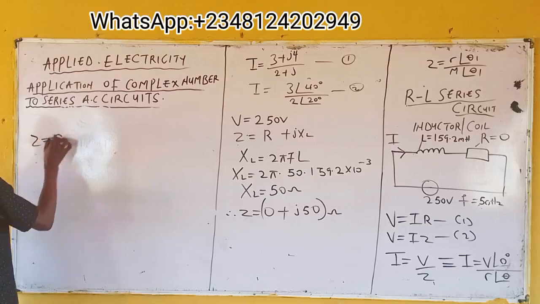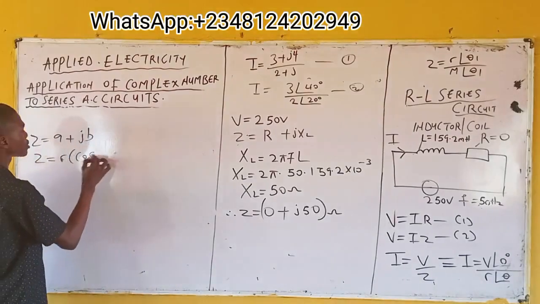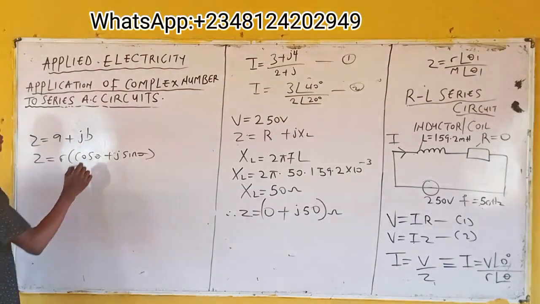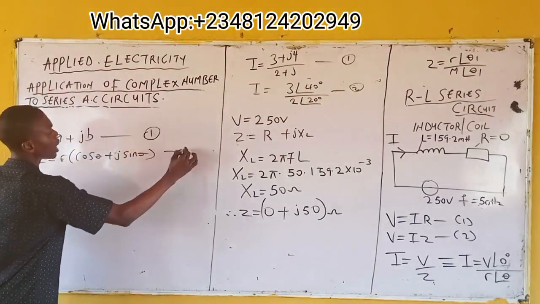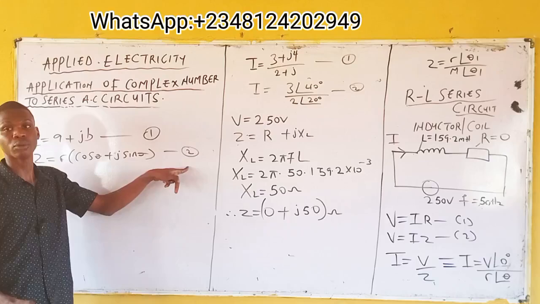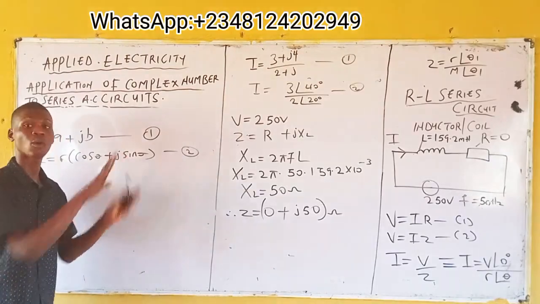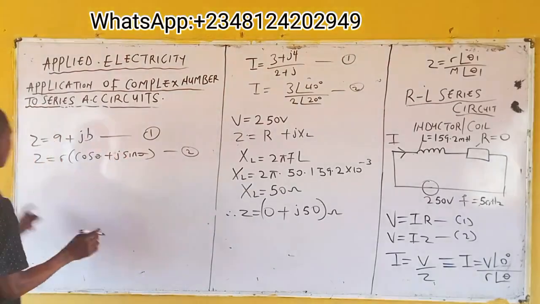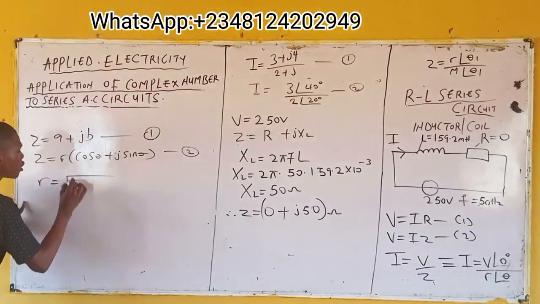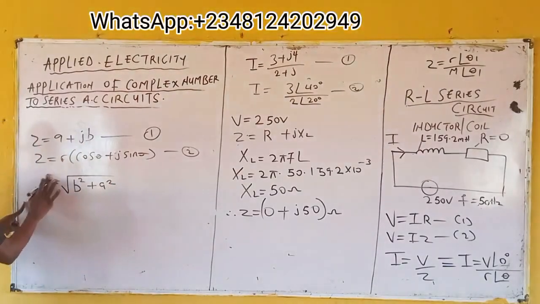Because given that z is equal to a plus jb, and given that z is equal to r into bracket cos theta plus j sin theta, right? Now from here, this is your rectangular form, right? And this is your polar form. How do we get from this rectangular form to polar form? There's a derivation for it, but I won't be doing that here. You can watch complex number videos. You get? Now from here, by formula, r is equal to the square root of b square plus a square. This is how you get your r,